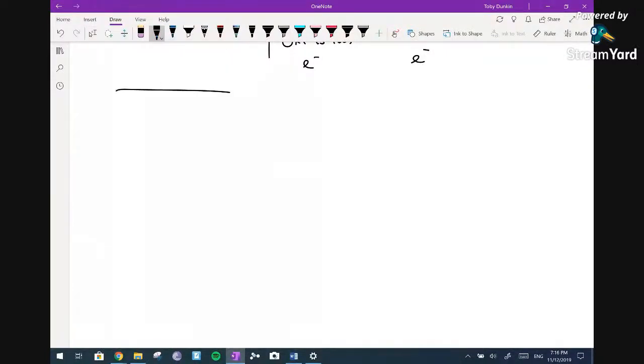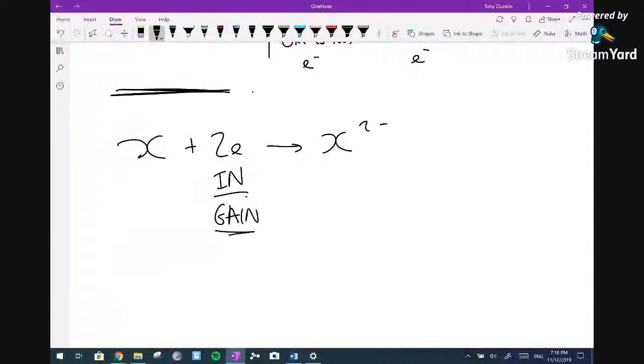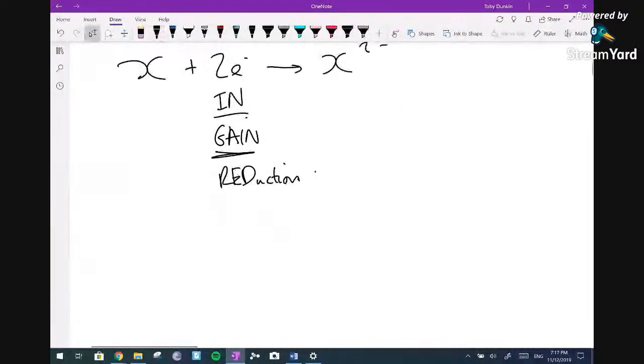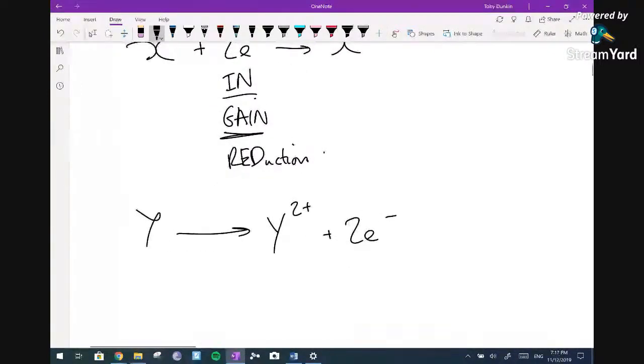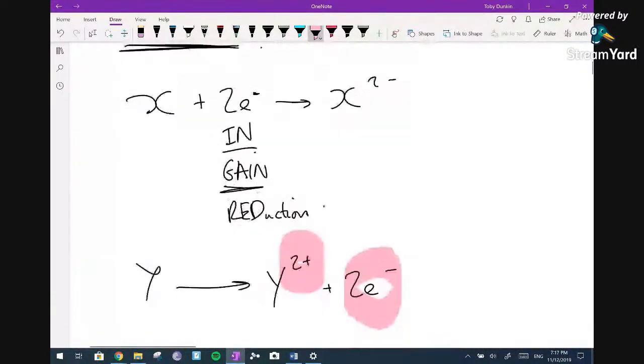reduction is occurring. So if I had X gaining 2 electrons and becoming X2 minus, I go, that is going in, that is therefore being gained, that is therefore reduction. And if we do the same thing, I always like to have things look complete, the electron there being negative. If I had Y losing electrons to become Y positive, let's make it lose 2 electrons, that is oxidation. And you realize that the charge that's being gained by your atom is directly linked to the number of electrons